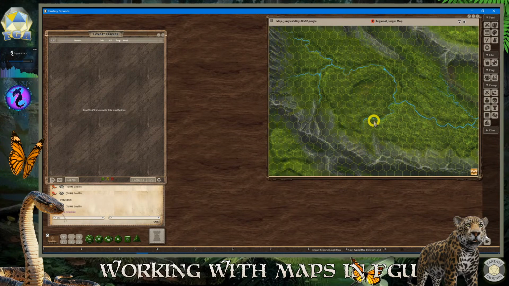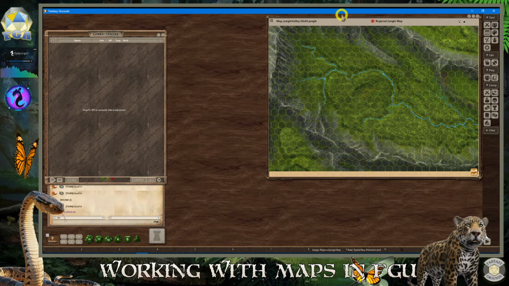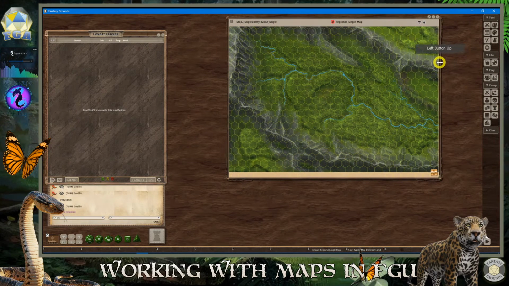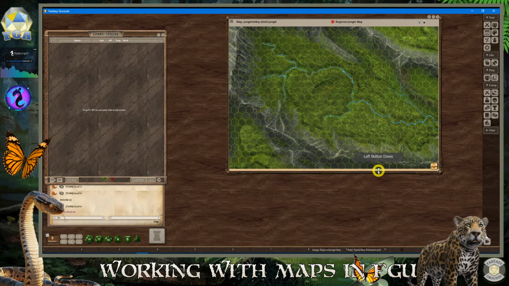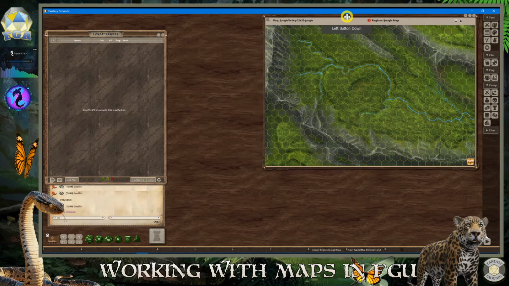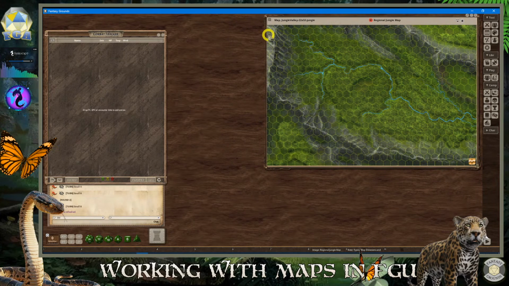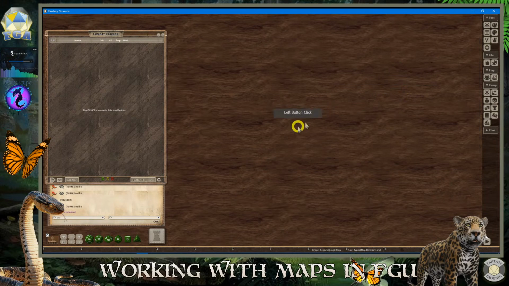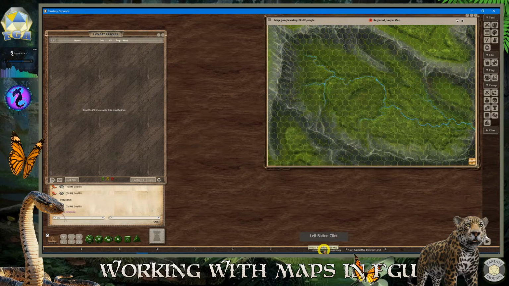So if you want this map to always be in this location, adjust the frame as you need, and then put it in the location that you want. And that way, once it's in the home that you'd like it to stay, it'll stay in this general vicinity if you don't move anything. So if I click and close this map, the next time I bring it up, it's going to be in the same spot. And that's something you'll have to learn with Fantasy Grounds, is whenever you open a new window,